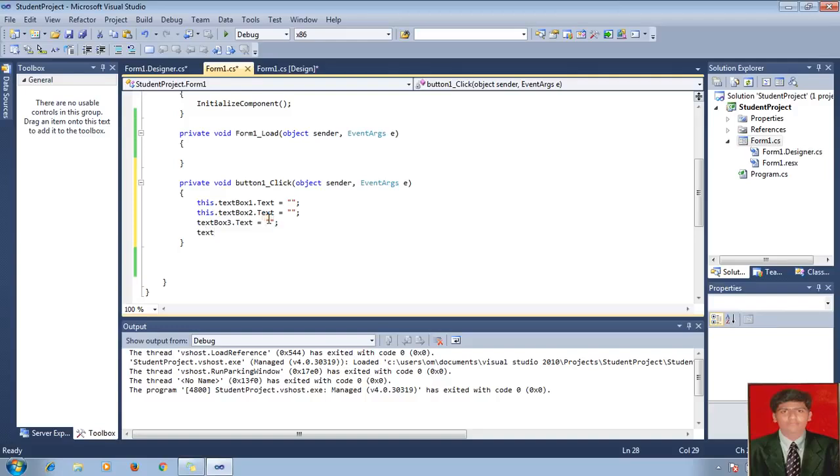Next text box 4, dot text is equal to empty, boss. Fine. Now next, let me go for the text box. One more text box is there, for search. Text box dot text is equal to empty, and I have to give the index